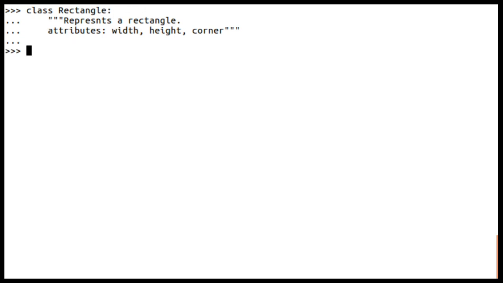Right. So now I am going to create a box rectangle. I am going to instantiate a rectangle.